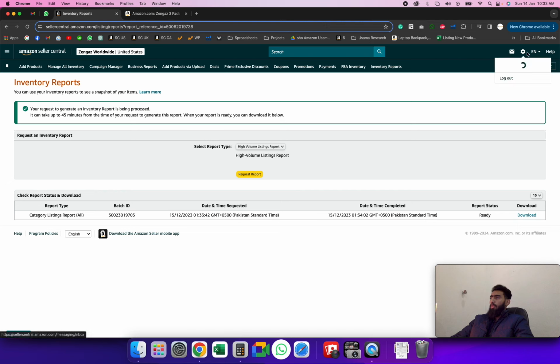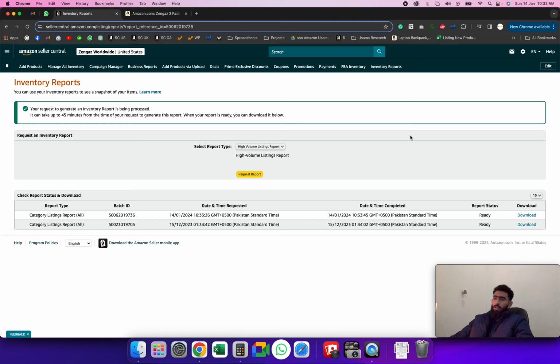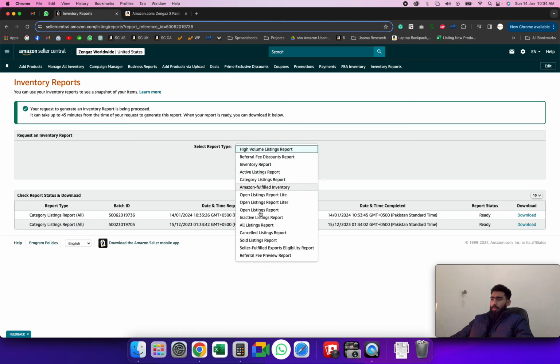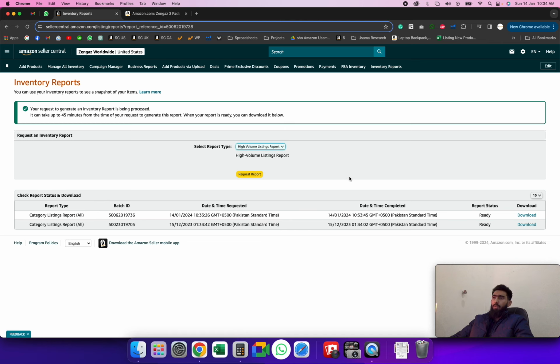So what you will have to do is go to Help, open a case with Amazon, and ask them, I need access to the category listing report. They will give you access to the report quite immediately, within a few hours. Then you can see over here the category listing report. Basically, what the category listing report does is give you the backup of all of your accounts. So what you will have to do is download this report